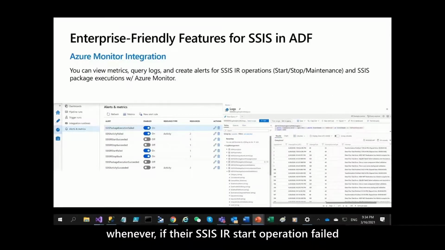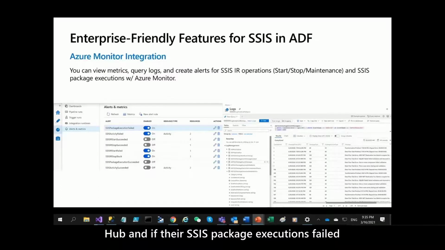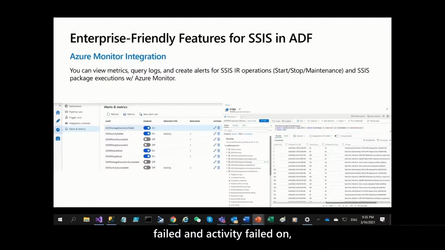And whenever, for example, their SSIS IR start operation failed, they will be alerted through SMS, short messaging service, or through email, or even through Event Hub. And if their SSIS package executions failed or succeeded or whatever, right? For example, on my screen, I enabled SSIS package execution failed and activity failed. Also, if the SSIS IR start failed and the SSIS IR stop operation gets stuck, it will send me an alert,